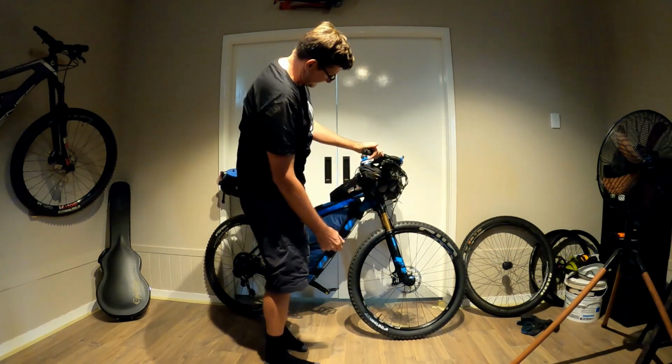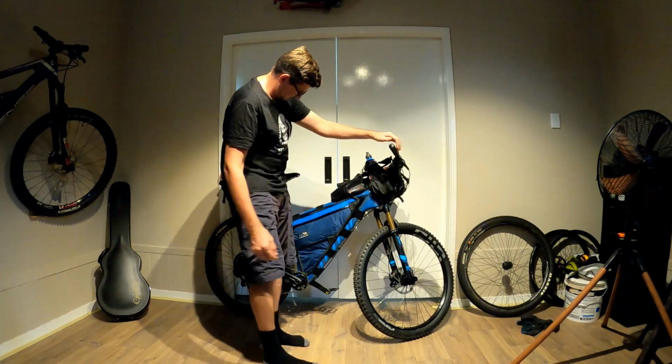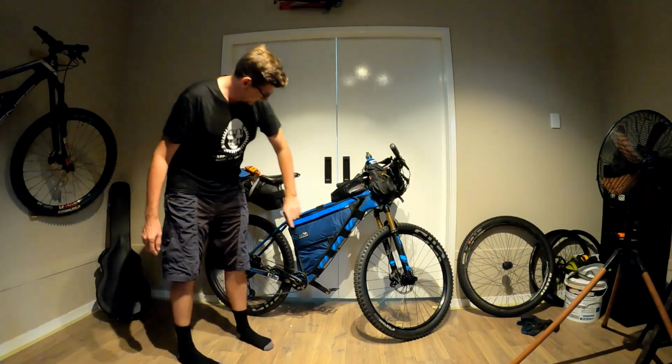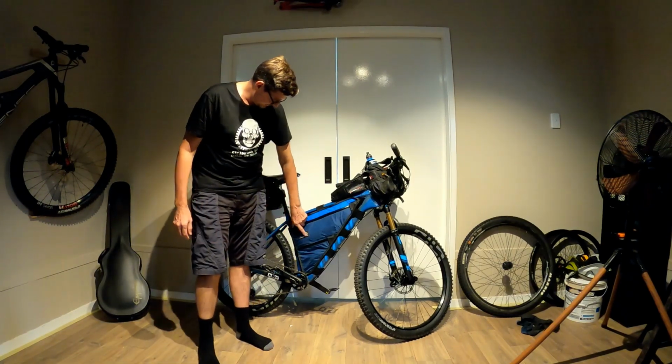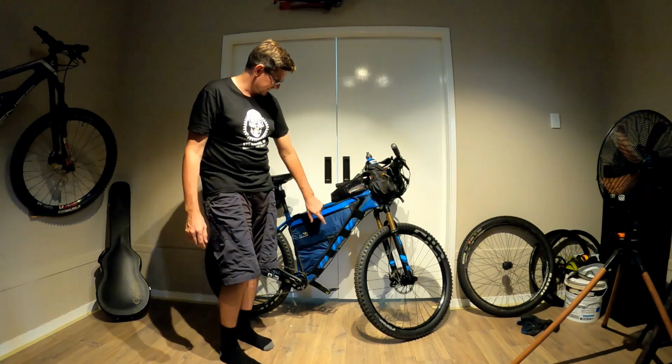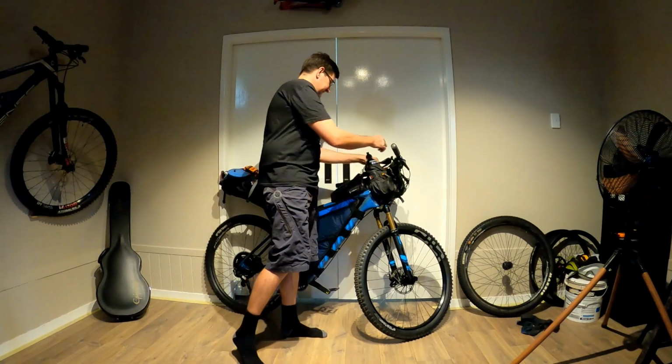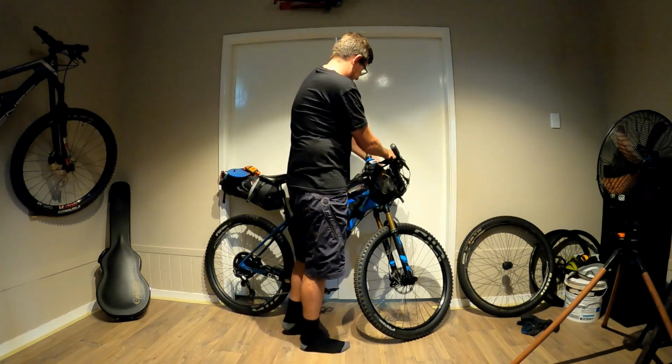So a little Revelate feed bag, Revelate top bag, and Revelate seat bag. That's a 14 litre, custom made by Bike Bag Dude frame bag. Those are the best bags, they're awesome. Alright, so the gear. So in the front bag,